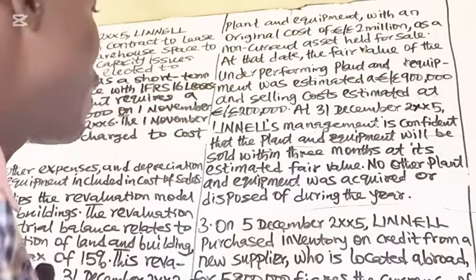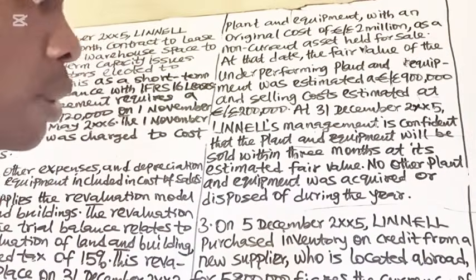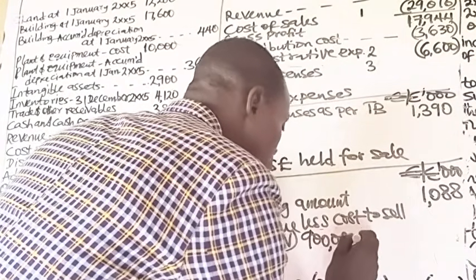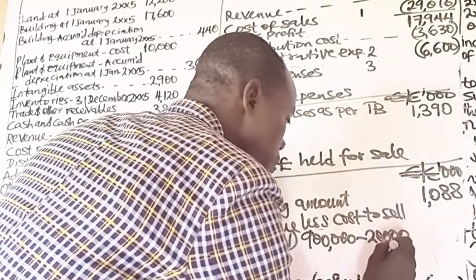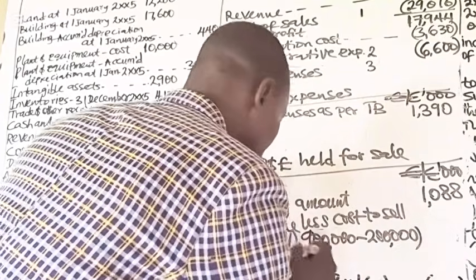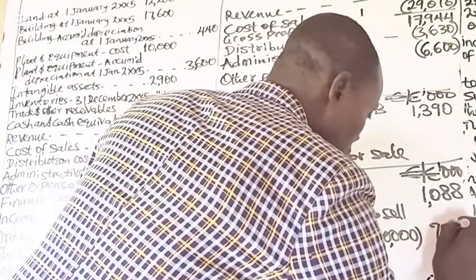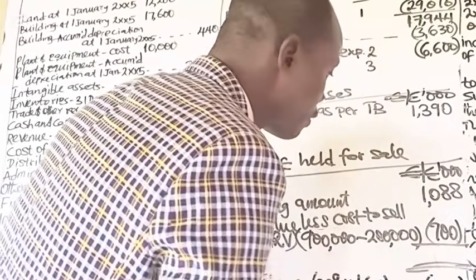Therefore, the net realizable value will be 900,000 minus 200,000, giving us 700,000. If you subtract the 700,000 from the carrying amount of